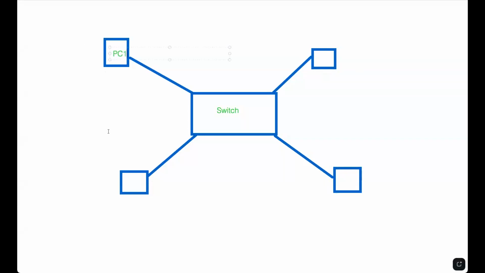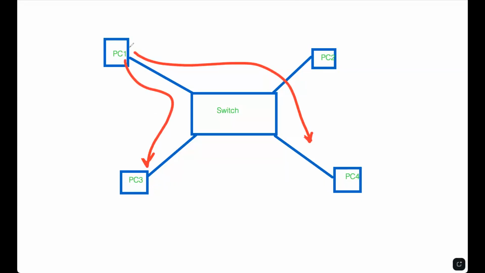I took a switch and I have taken four PCs, PC1, PC2, PC3, and PC4. Okay. Yesterday, when we talked about communicating between the PCs, we discussed when PC1 is trying to talk to PC4, or PC1 is trying to talk to PC3, or PC1 trying to talk to PC2, we talked about the